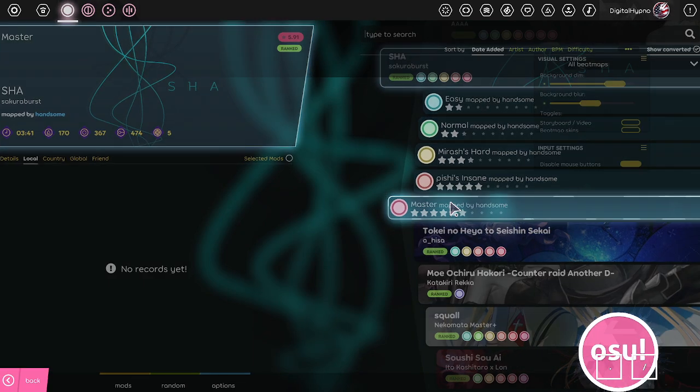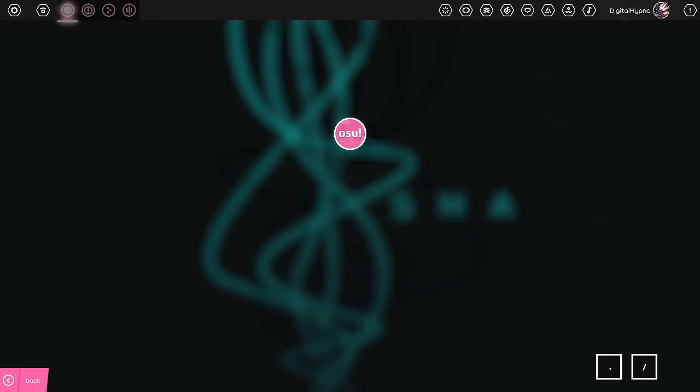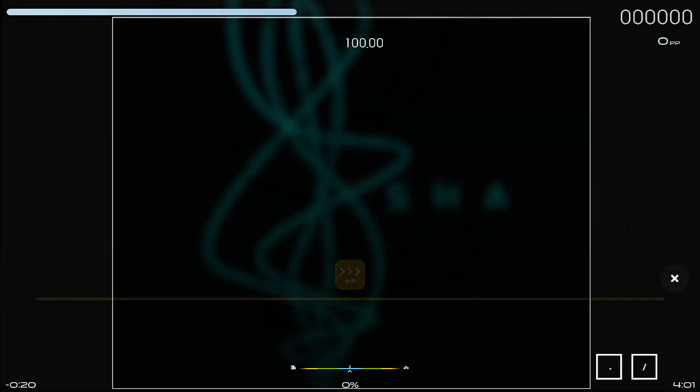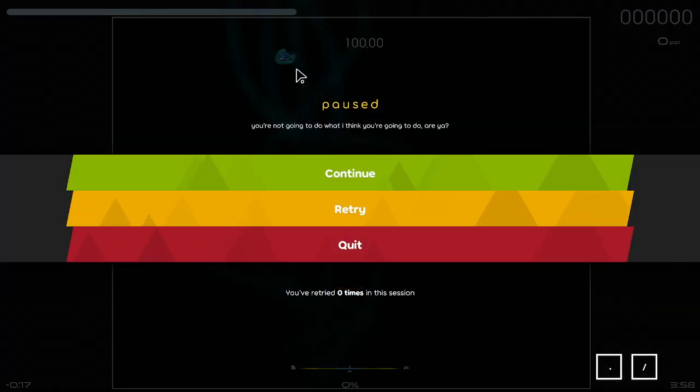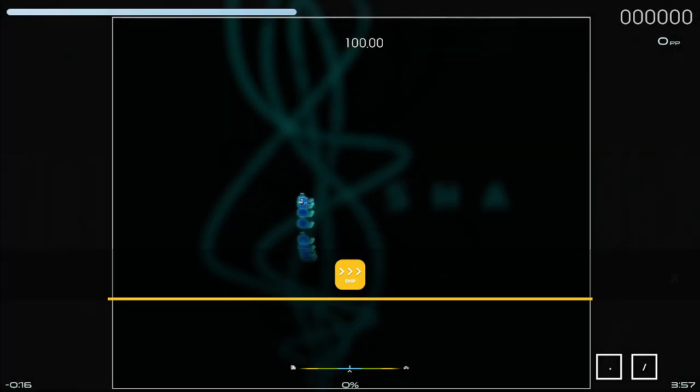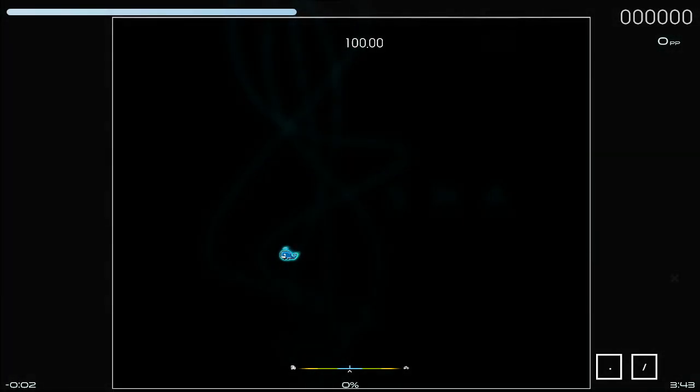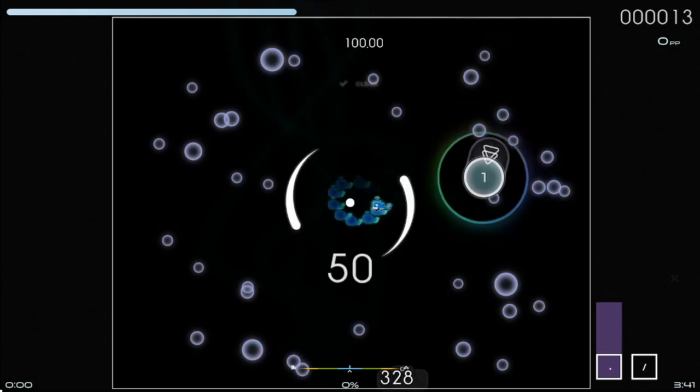Let's see, I gotta move my keyboard. I don't know if you guys have noticed, I don't think I've ever mentioned this in an episode, but I changed my keybinds temporarily. They used to be 2 and 3 at the start of this series, and I changed them because my 2 and 3 keys on my keyboard are kind of worn down. So I have changed them until I get a new keyboard, which is hopefully coming soon. But anyway, a couple of things to look out for when watching a replay.